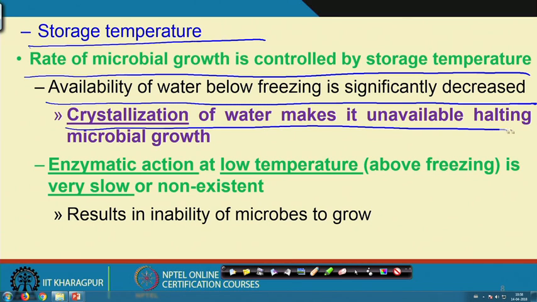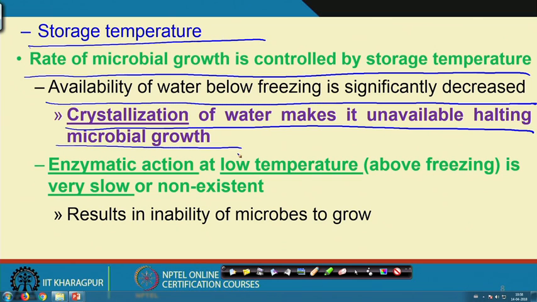I am not going into that detail, right. So, the availability of water in the food material is controlled by the state of the water. If it is in the frozen condition, then availability is not there or minimal, so the chances of organisms to invade or grow are much lower, right. Crystallization of water makes it unavailable,